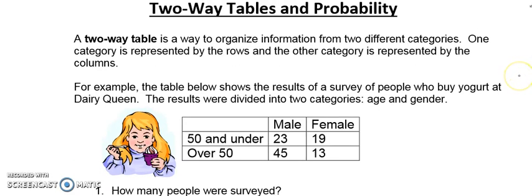We're going to talk about two-way tables and probability today. All right, let's get it started here. So the first thing I like to do, this is an example of people that buy yogurt at Dairy Queen,